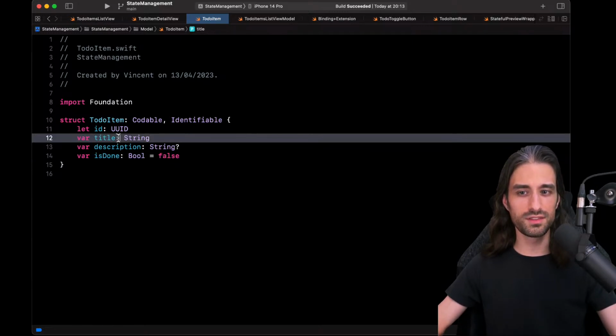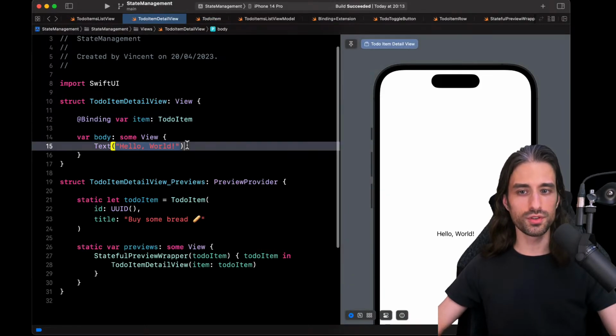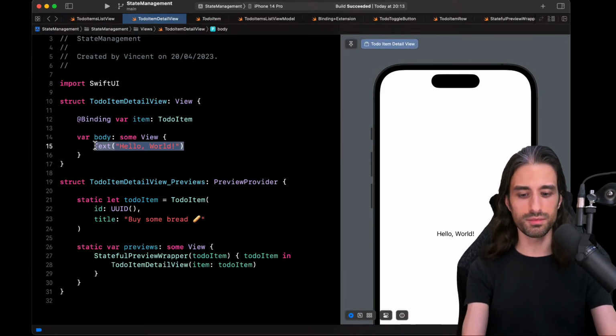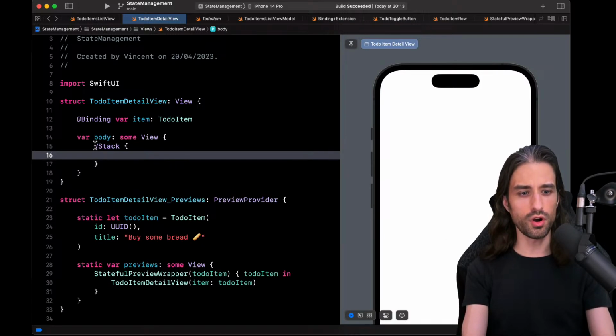And so we want these two strings to be editable. To do that, we're going to use two text fields. So let's try and do it. So I'm just using a VStack for now to organize my two text fields.